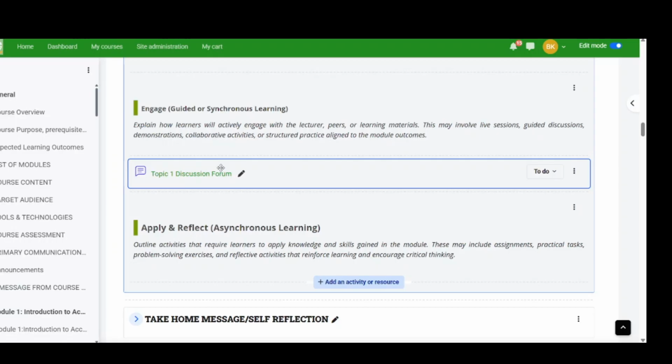And now we are at a point whereby we are looking at how to set up application activities. These are activities where students are supposed to put into practice what you've been teaching them through the principles that they acquired in the acquisition activity or the prepare activity, where they were reading and being exposed to different